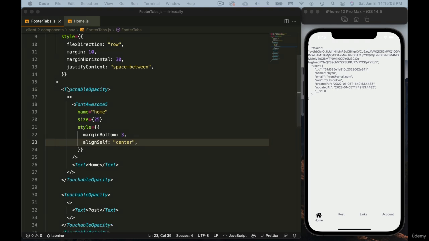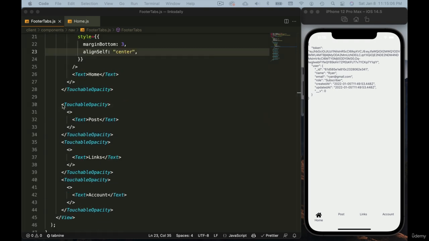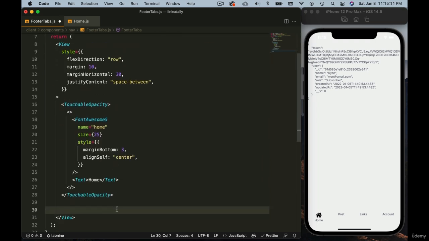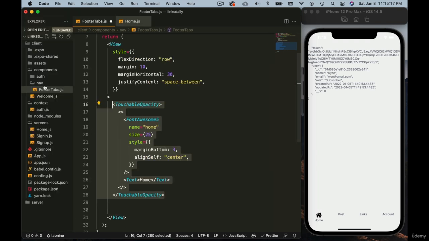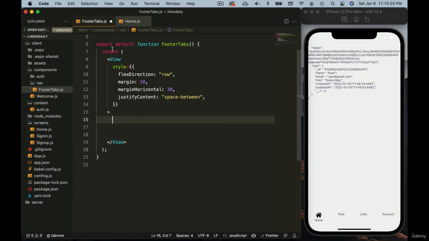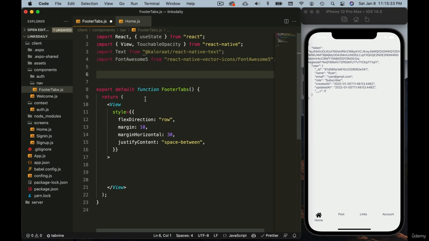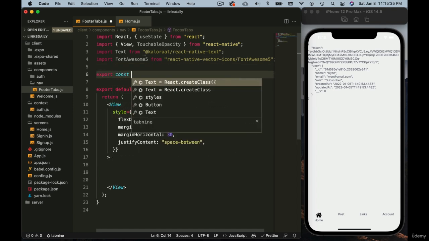Now you can see we have the same component repeated here, so instead of that, let's try to reuse. So let me just cut this out, and this one we can put in a separate component. You can put it in a separate component, or you can just leave it in this same file. Let's put it in the same file because it's just used in this component. So let me just put it here on top, export const Tab equals to,